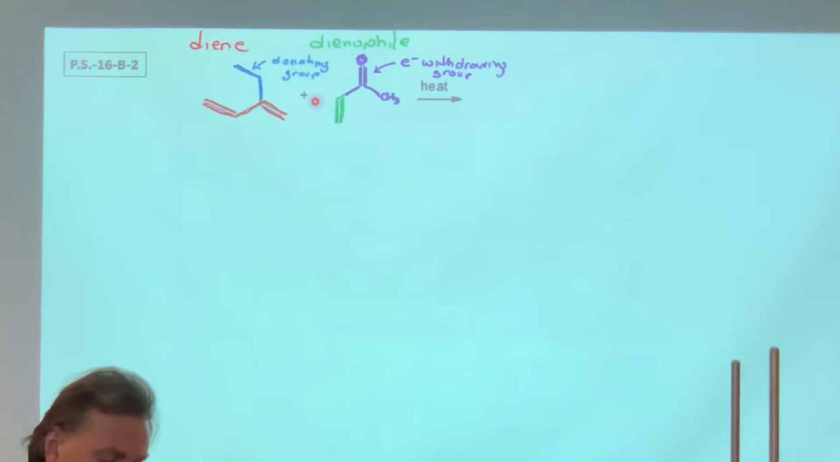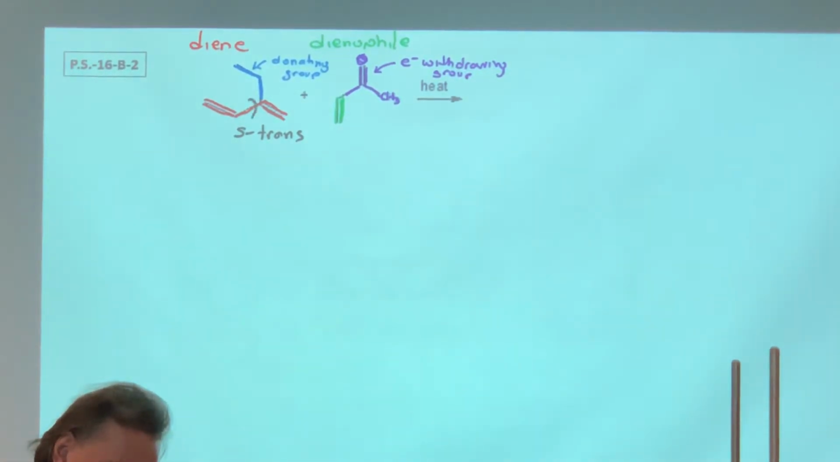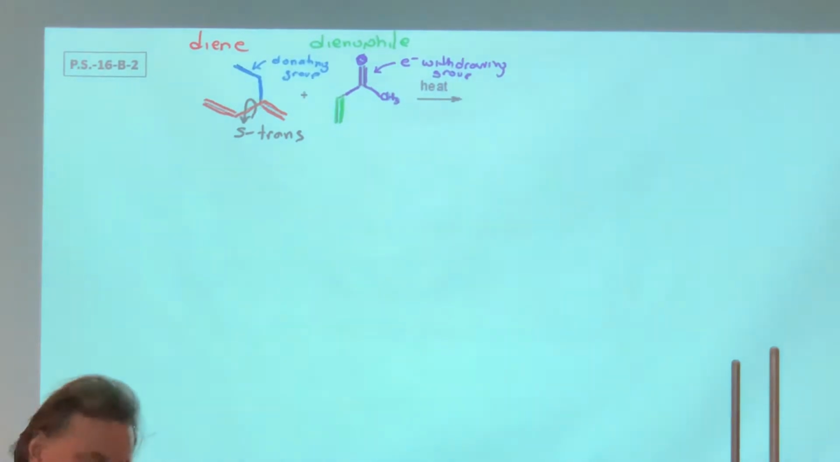So now the other problem is, for this to take place, you know that the red is not in the right place, because this is S-trans, right? Meaning the two double bonds are facing away from each other. So you need to rotate around this bond, and if you rotate around this bond, what are you going to make? It's going to become like